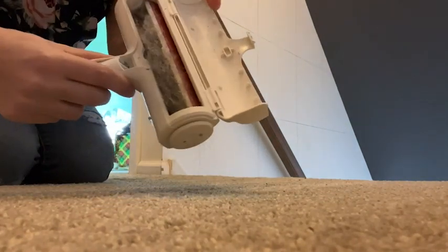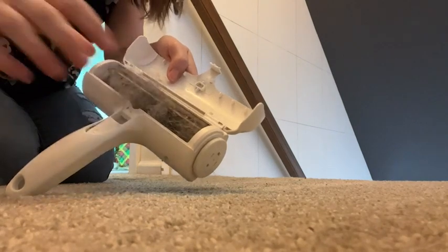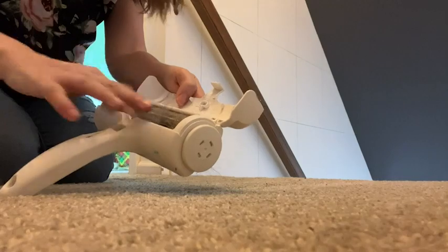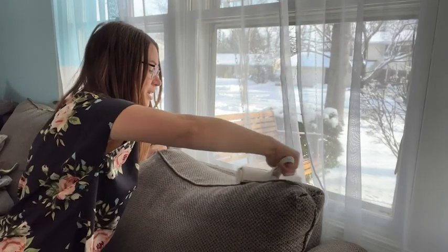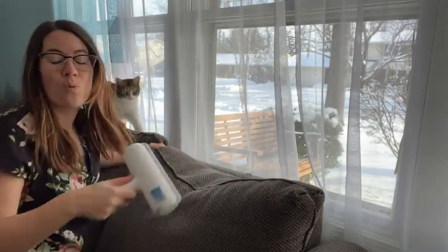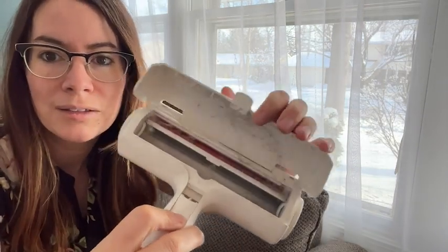So this spot right behind me on the couch is my one cat's favorite spot to lay in the sun. I have been neglecting getting the hair out of it because I wanted to show you just how great this is at getting the hair out. So this one small area, now I'm gonna open up the back and you'll see